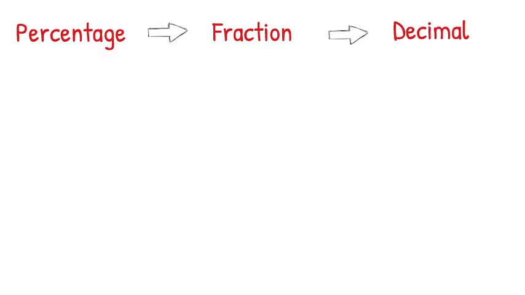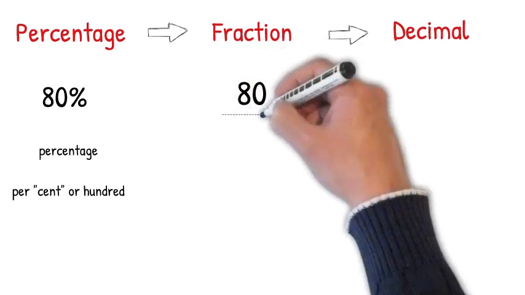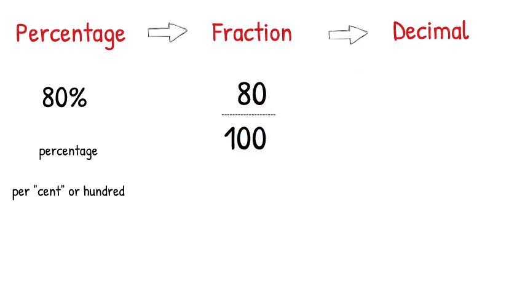Pretend you got 80% on your last test. Congrats, you must have studied hard. If you're familiar with French or Latin, you'll recognize that cent means 100, and so percentage or percent is per 100. With that in mind, we can write 80% as a fraction per 100, or 80